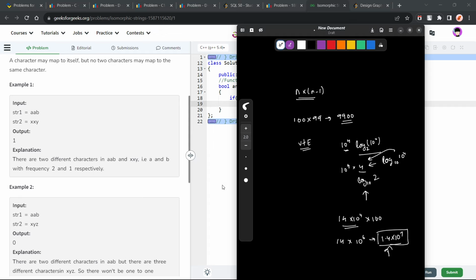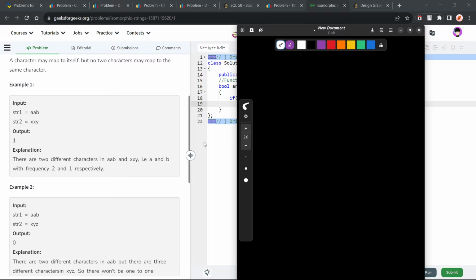Now what the problem is essentially saying is, so this was just some rough work for the LeetCode problem of the day. Anyways, let's say this is aab and this is xxy, right? Now if you replace every a in string 1 by x, then it is going to be xxb. Now if you replace every b by y, then it is going to be xxy, right? So you see, after replacing a by x and b by y, you get this particular string, that is xxy. So we want to find whether there exists such a replacement such that we can always make this kind of